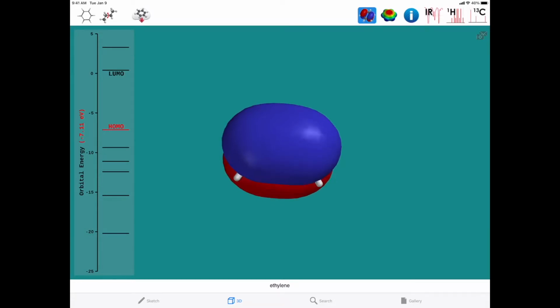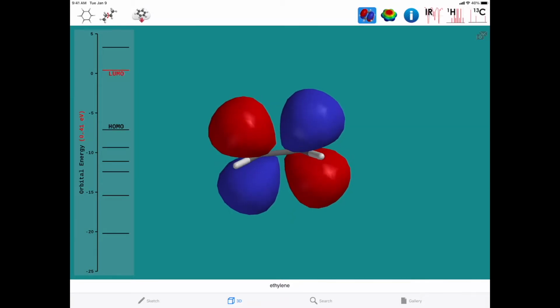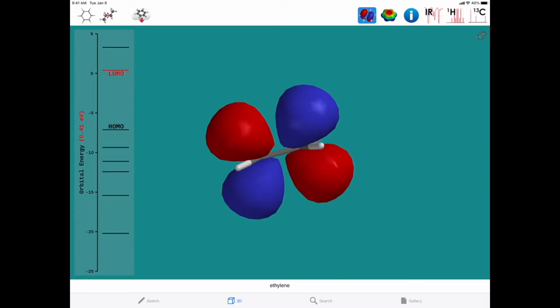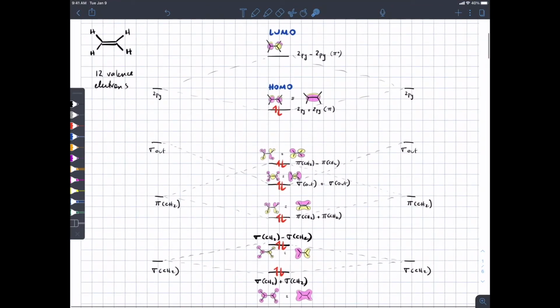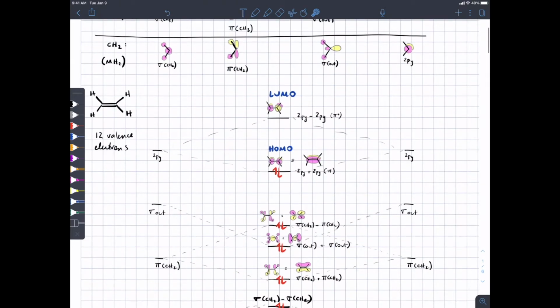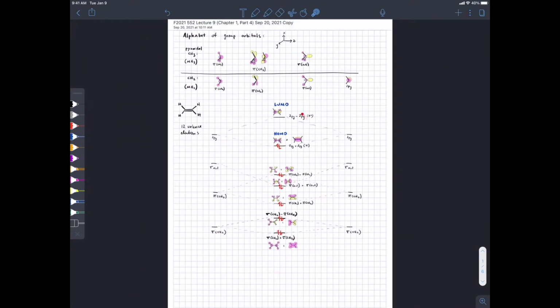And then HOMO is the pi bond, or the 2py plus 2py orbital. And LUMO is the pi star, or the 2py minus 2py orbital. So using these group orbitals and a little bit of intuition and some principles that we've discussed in QMOT, you can come to a conclusion as to what all of the bonding orbitals and what the LUMO of ethylene look like. And if you can do that, then you can predict a lot about the reactivity of